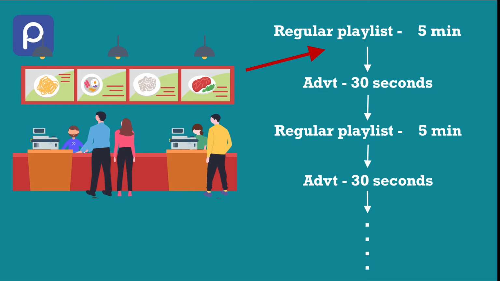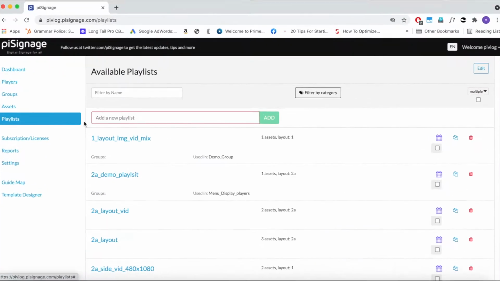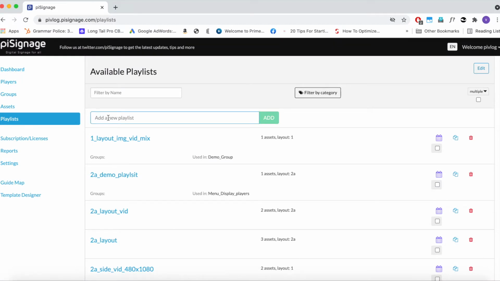Now the task is to insert adverts periodically between this myResMenu playlist once every 5 minutes, display the advert for 30 seconds and then revert back to the menu playlist, that is myResMenu playlist. For this, first let us create an advertisement playlist that contains required advertisement content. As said above, advertisement playlist is just a variation of regular playlist, and initial steps for creating it is similar to creating a new regular playlist. We will create a new playlist named AdvertPL.